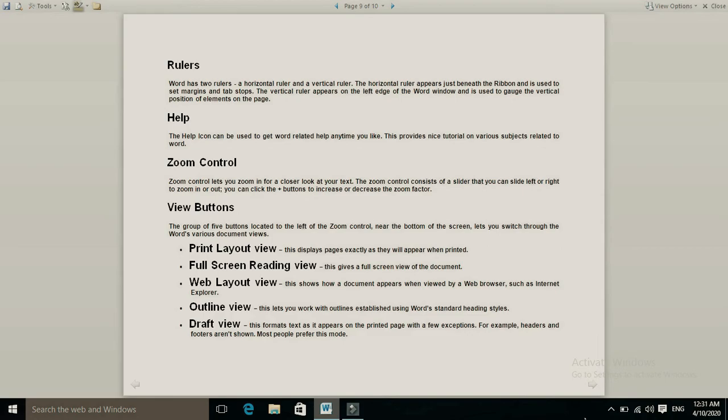View buttons. The group of five buttons located to the left of the zoom control, near the bottom of the screen, lets you switch through Word's various document views. Print layout view. This displays pages exactly as they will appear when printed. Full screen reading view. This gives a full screen view of the document. Web layout view. This shows how a document